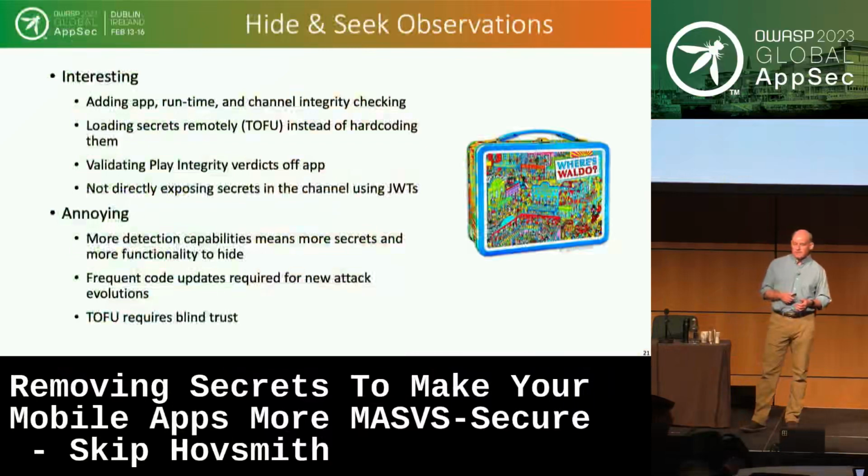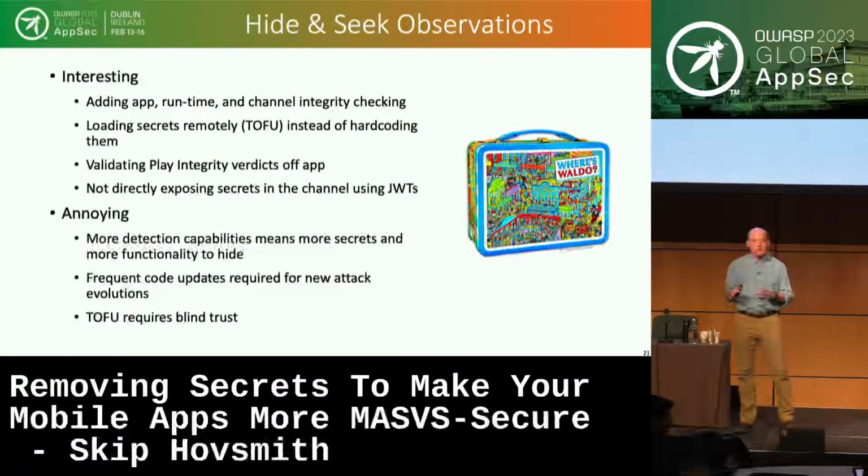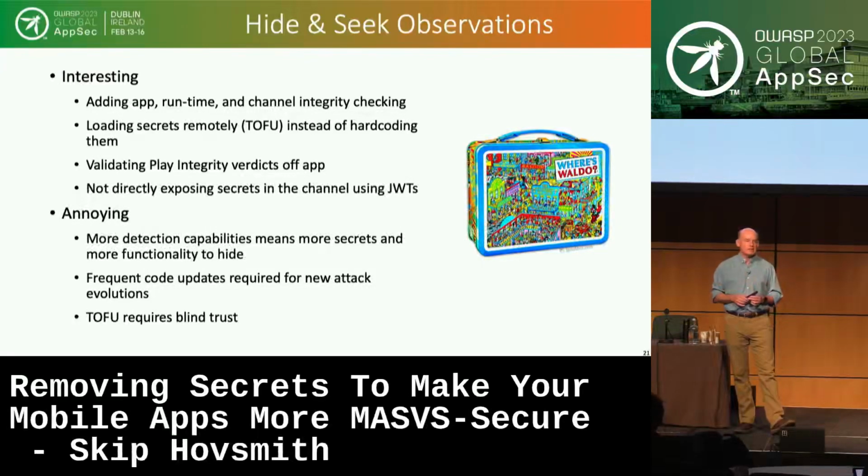So some observations. What I find interesting when I go through this is, first, that I can add code into an application to observe and do some sort of meta detection kind of information. Just being able to do that is great and pretty important. I look at TOFU and I don't like the fact that I'm saying, yeah, I trust you on first use. But what I do like is that the secrets are being pulled remotely into the application. So they're no longer hard coded into the application to start. So that's an interesting thing to me.